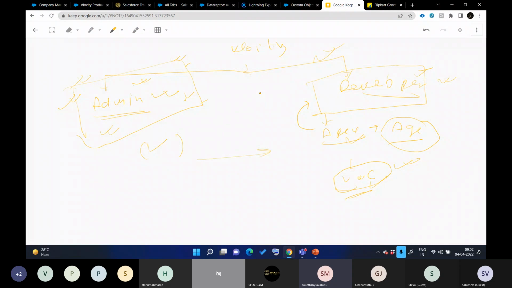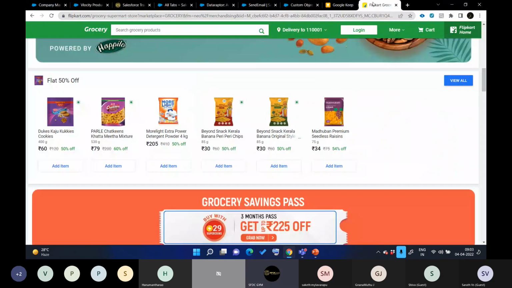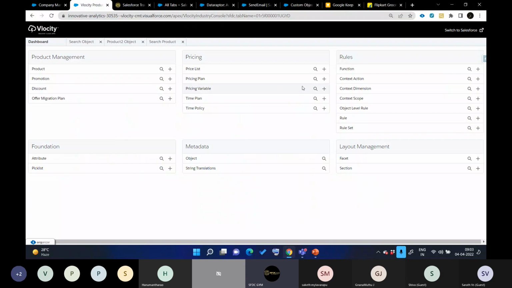Hey, hi. I have a doubt. The dynamic pricing which you said will change based on the location in your use case, right? Can we configure that using Velocity? Yes, we can use Velocity. In Velocity there are options. Let me show you. We need to use the Velocity CPQ for that. You will see there's something called rules. So the combination of pricings and rules will decide which price book will be activated for the particular product.